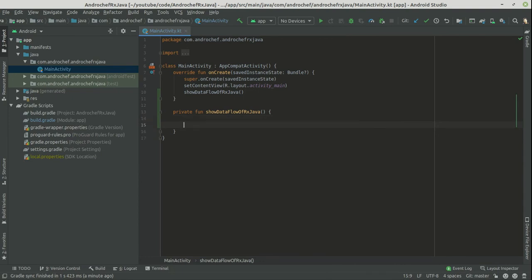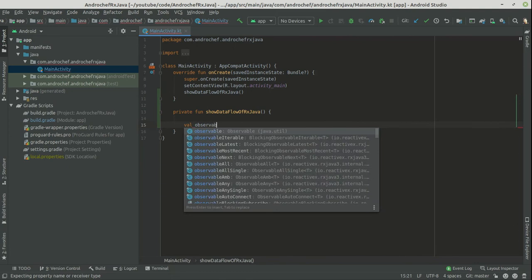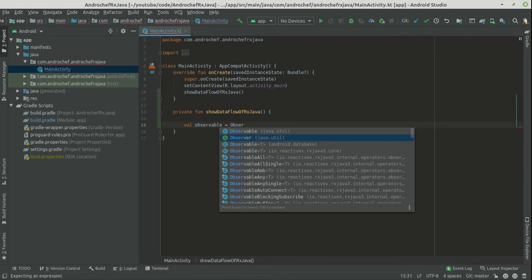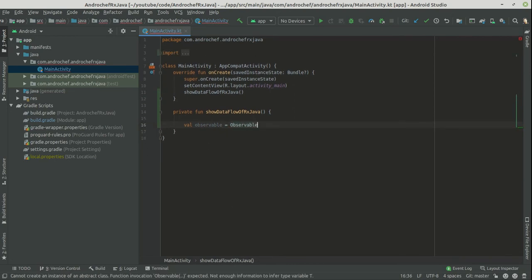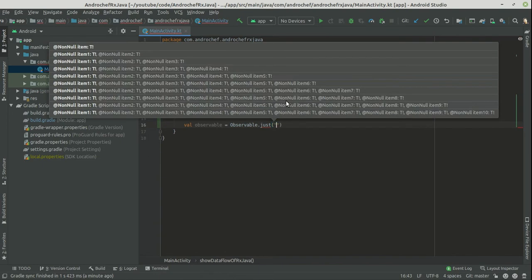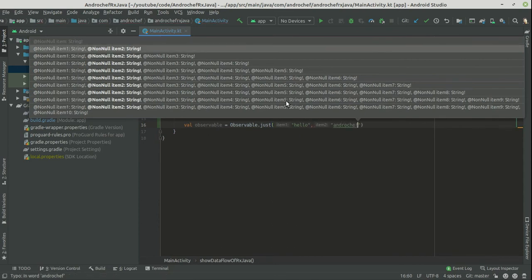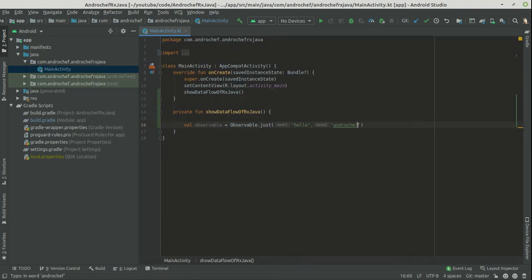I will take one simple observable of strings, and we will use the just operator to create it, and in that one we will pass Hello and Androchef, right?